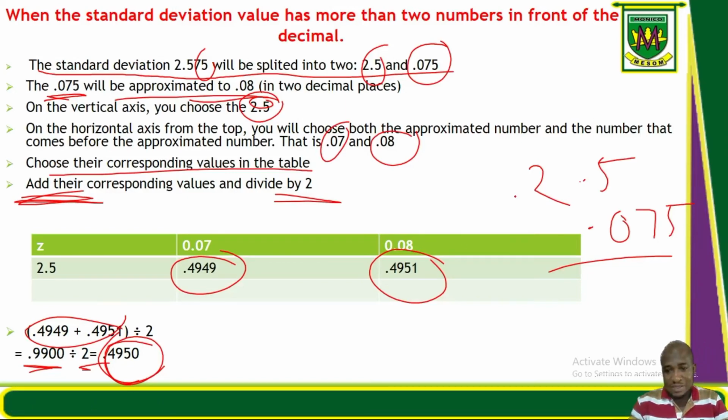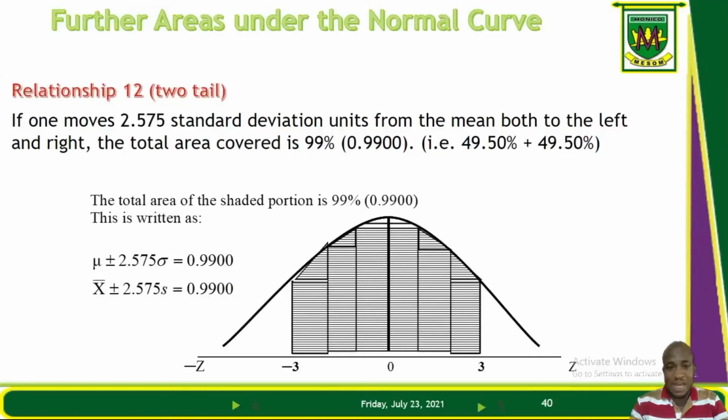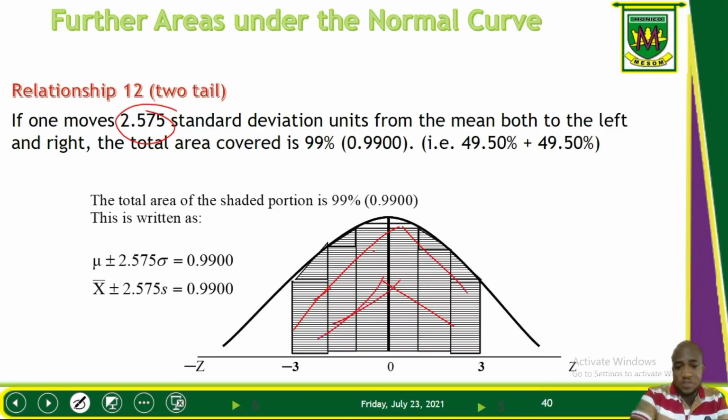Okay. So now let's go to the two-tailed. That is our last slide for the third session. The relationship is two-tailed. If one moves 2.57 standard deviation units from the mean, both to the left and to the right, the area covered will be